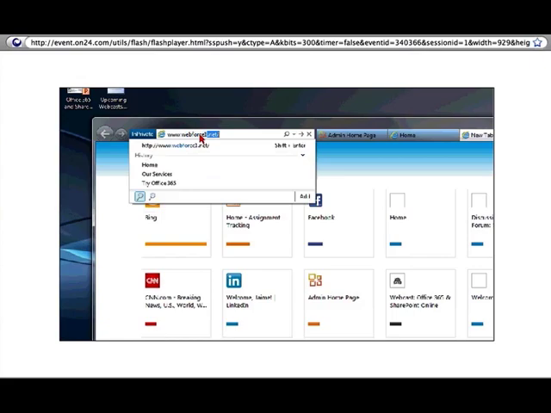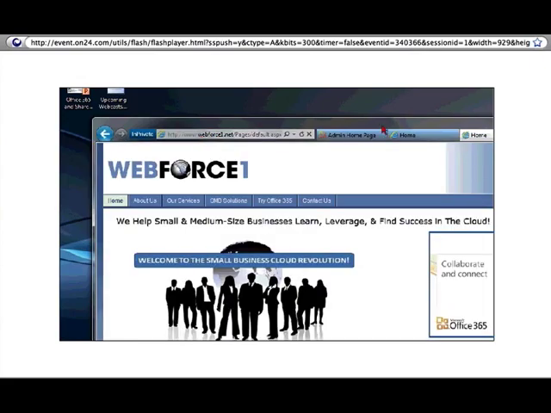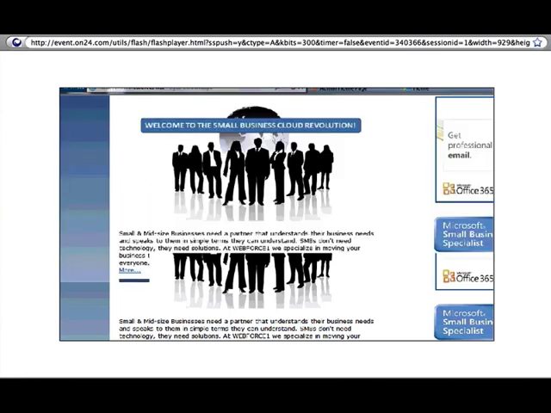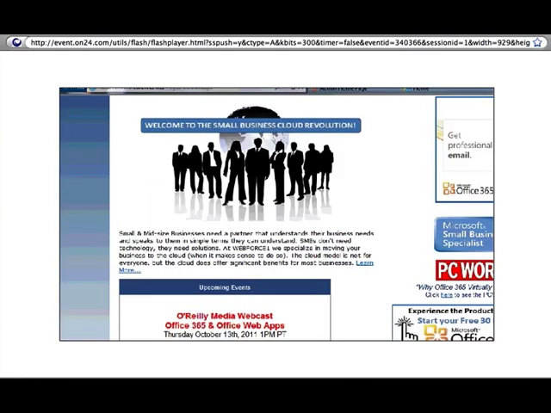So now if I look at the new site, it automatically updated the information for me. So now for the webcast, you get information for the upcoming webcast on October 13th. So it was real simple. It was really easy. All I had to do was launch the Office 365 portal administration page, edit the website, launch the SharePoint document library, open up the page, and copy and paste some content, and I was able to publish it immediately. So it's a pretty simple interface.